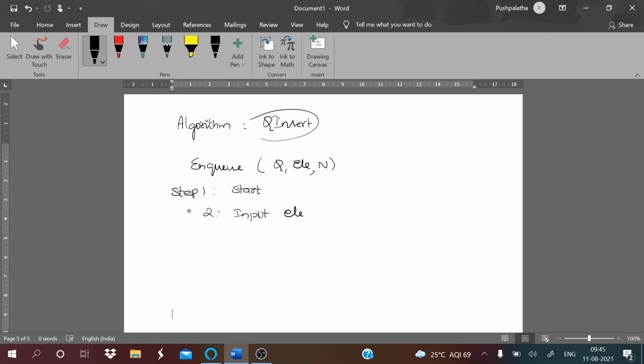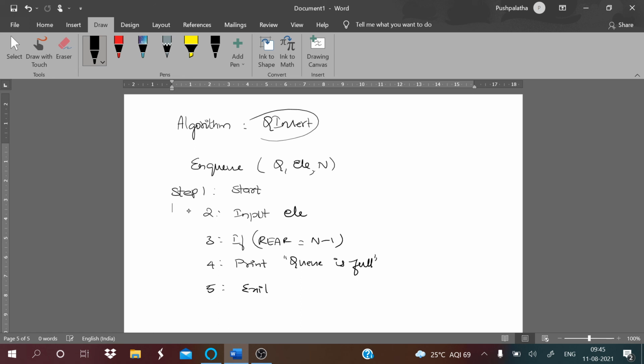Input the element. We are saying if rear equals n minus 1, that is if it is already full, that we have to check for, right? So print queue is full, right?